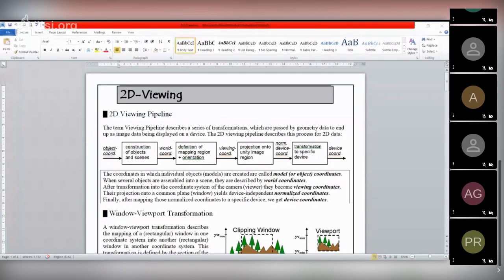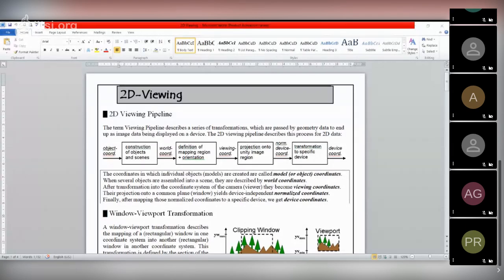With the help of a device, we are capturing the scene, right? So where we should focus has to be defined. Then the viewing coordinate. That means after transformation, the coordinate system of the camera becomes the viewing coordinate. In our camera, what the screen size will be, what the viewing coordinate size will be, we have to define.